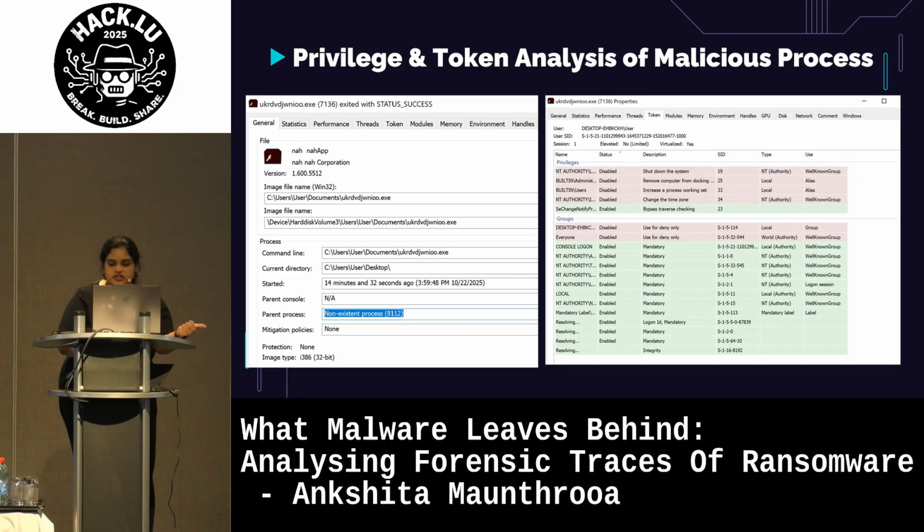Basically, it had some high-risk privileges, such as shutting down the system and changing the time zone, which were disabled by default. This is lucky because it was not able to change that. But you can still see that it tried to change some mandatory functions.